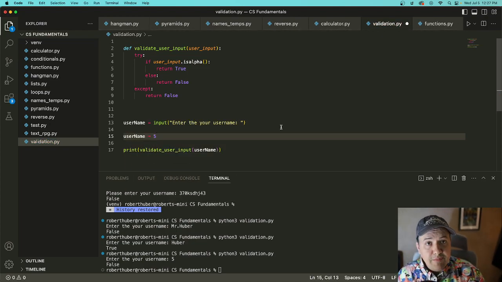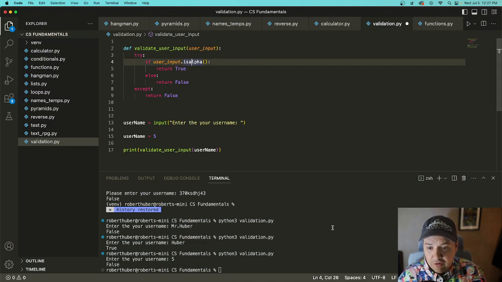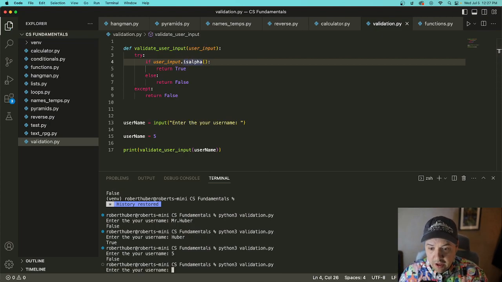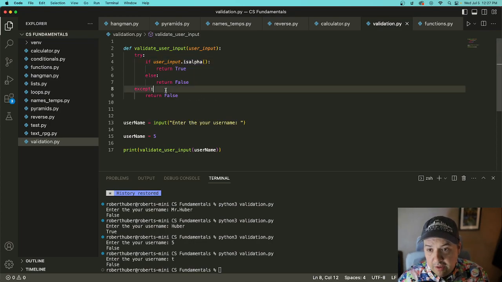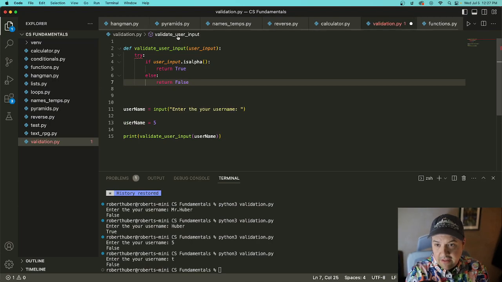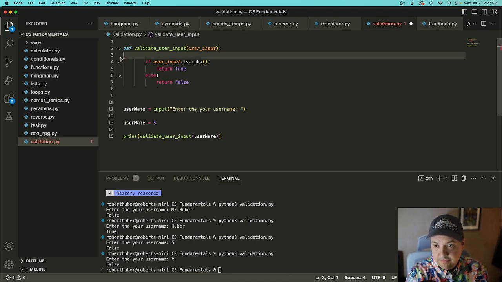Now here I've changed my code. I've said username equals 5. 5 is not a string, 5 is an integer. Is alpha would fail if I tried to run it on the number 5. But in this case, the program's not failing. It's just going to return false because of this fix we put in. If I go back in time for a second and I take this fix out, if I take out this error handling here,